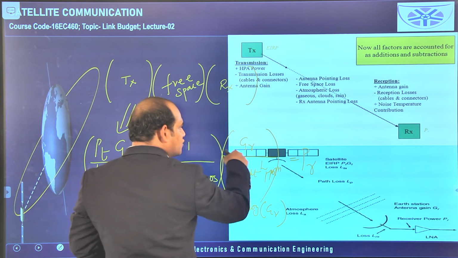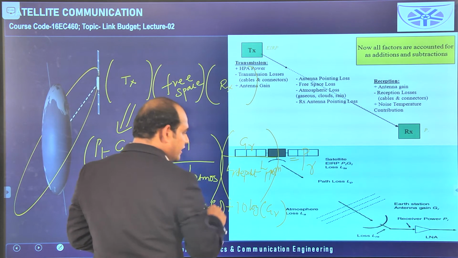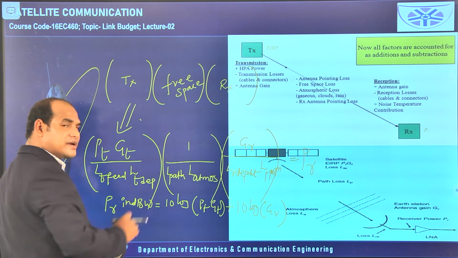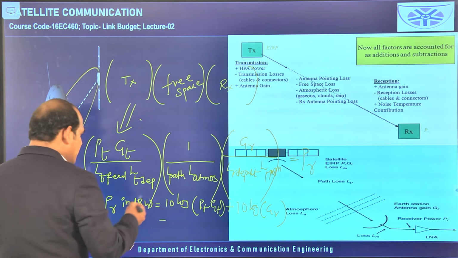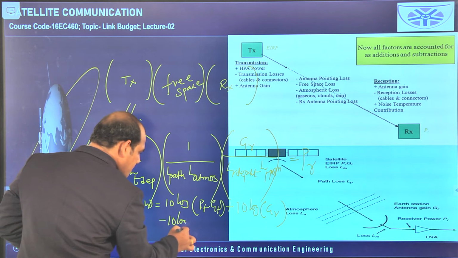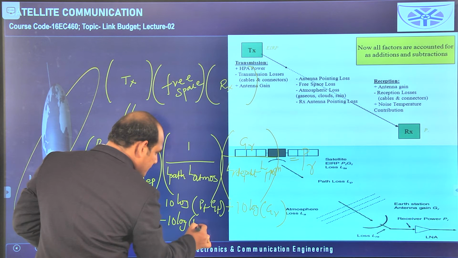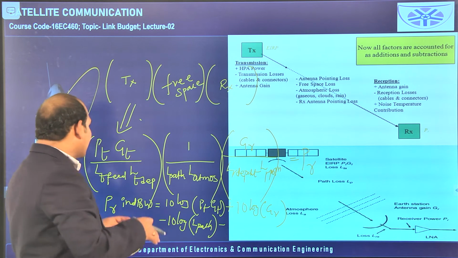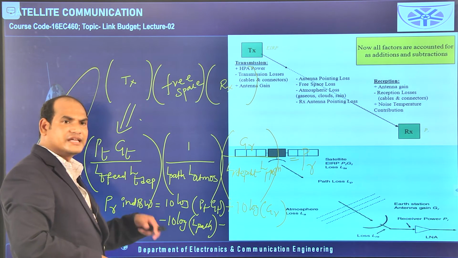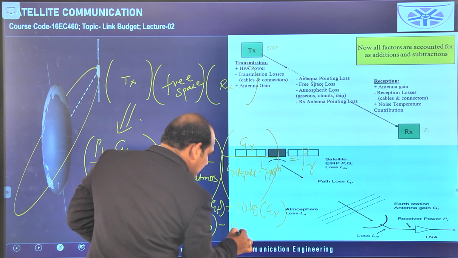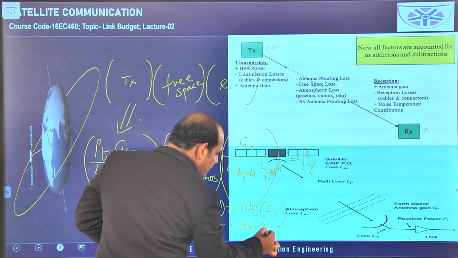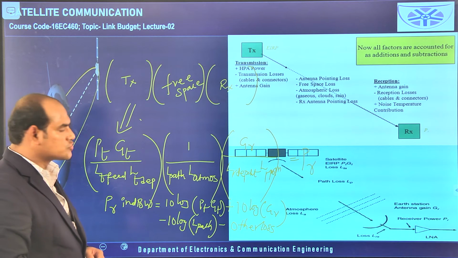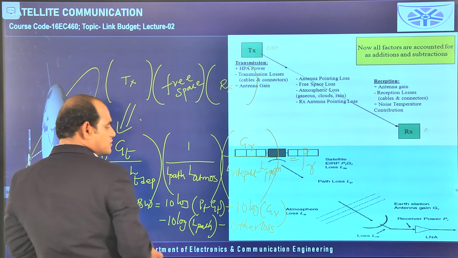Next, plus, it is also in the numerator, so this product is converted into addition by converting into dBs. So 10 logarithm of GR, and all these things are in the denominator. So we should get minus 10 logarithm of this path loss I am taking here, and all the remaining ones are added, and that will be subtracted from the numerator by converting into dBs. So these I am taking as other losses. Why should I take it like this? This path loss is dominating compared to all the remaining losses, so I can take this as the major one. In this way we can write it.